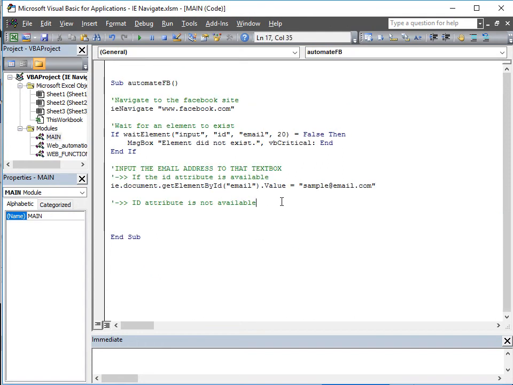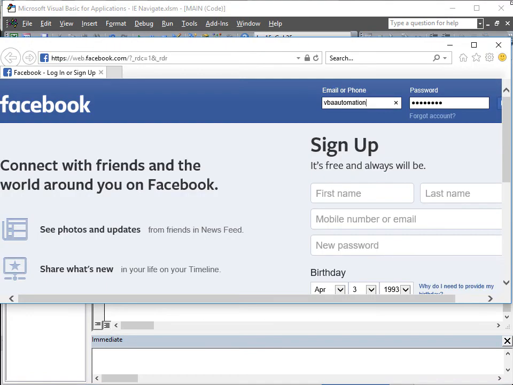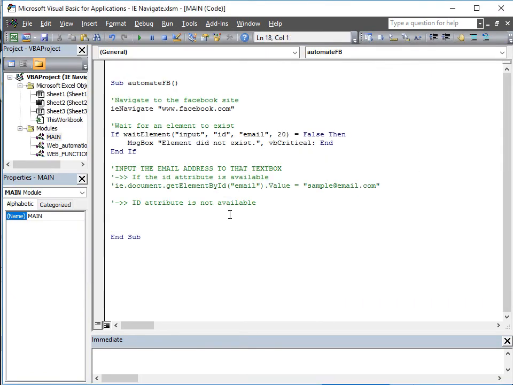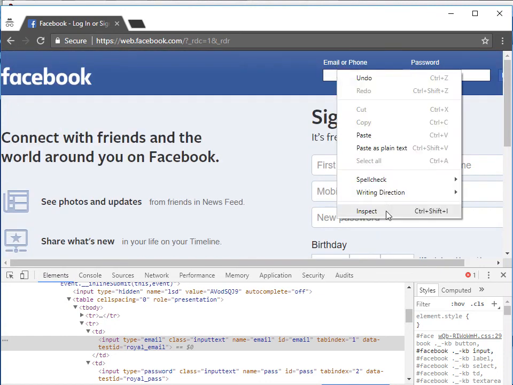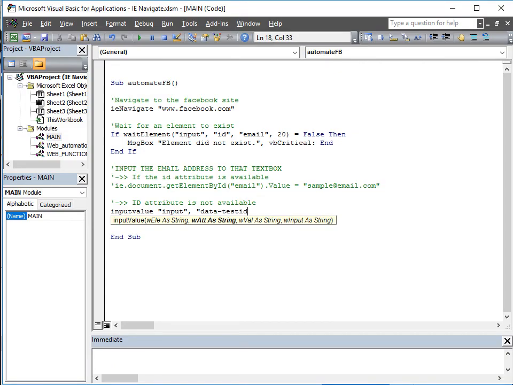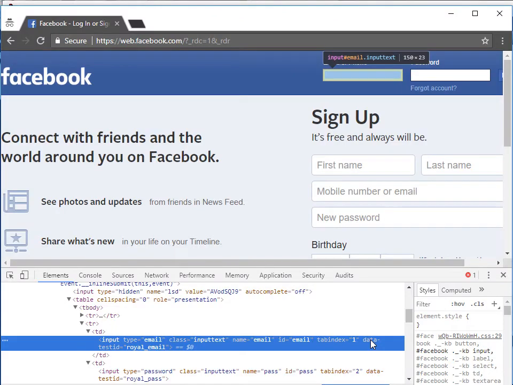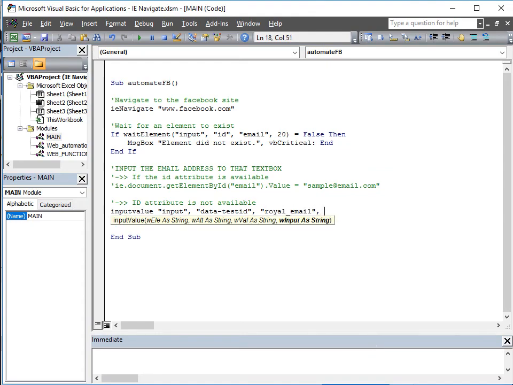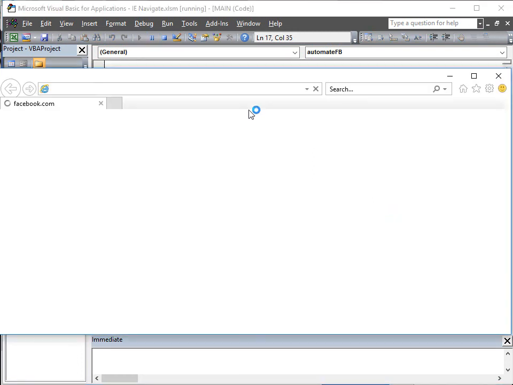So instead of doing this, I will be using the function that I just created, but let me just close this first. So instead of creating a loop every time I need to input a value to each text box, I'll just need to call the function that we just created, and then send the property of this element that we want to use. So again, we will be using input type of element, and this is the attribute that we want to check, and the value of that attribute should be royal email, and the input that we want to send is email.com, and there. So as simple as that. So if you have 10 text boxes here, you just need to do this 10 times. Okay, so we'll try this code,